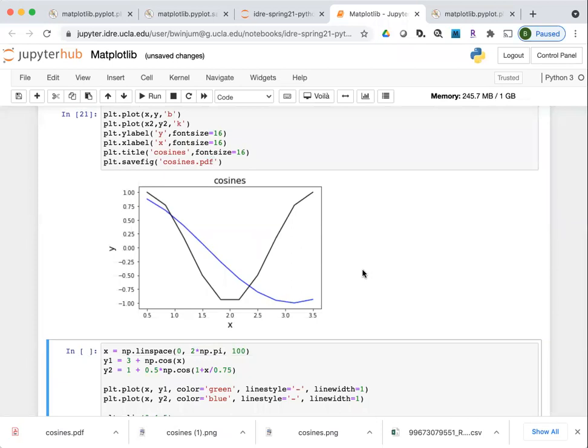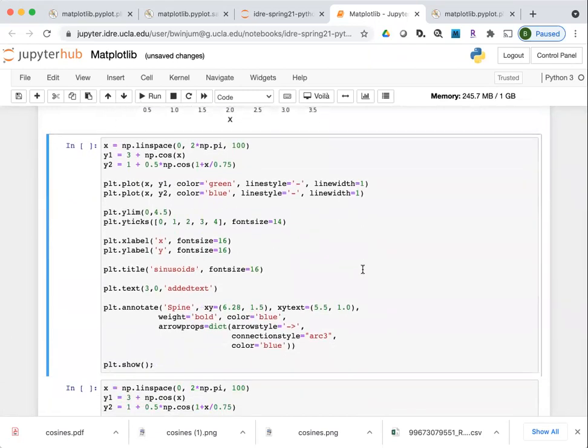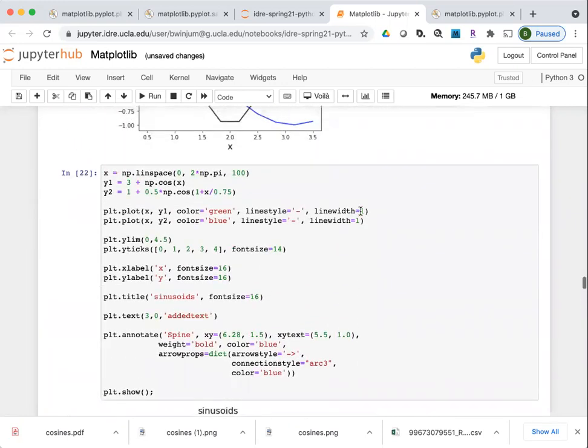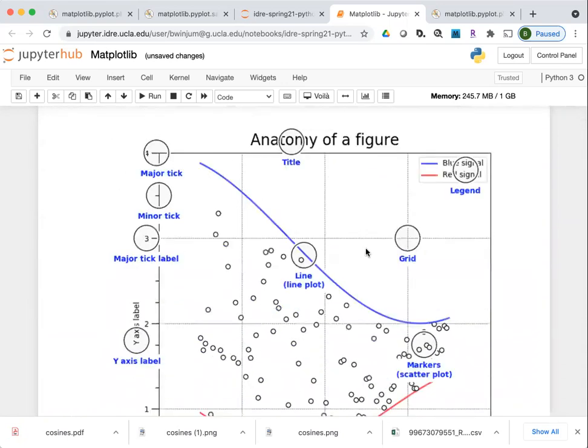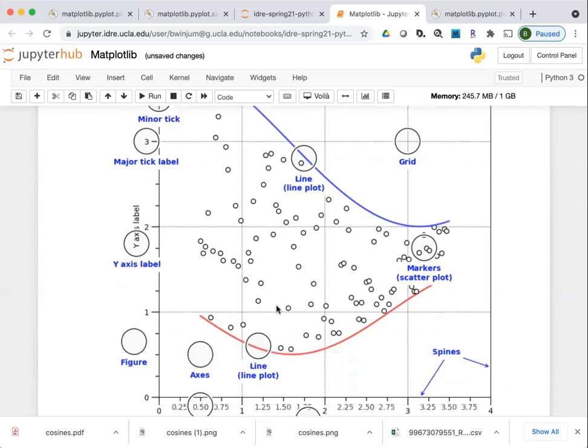All right, so I think we've gotten to a good place now where we can start doing an exercise. The first thing I'm going to show you is something which gets a little closer to the anatomy of a figure that I showed at the top. You might recognize this from what I've been plotting. This is that cosine function that I was plotting, except it's shifted up along the vertical axis.